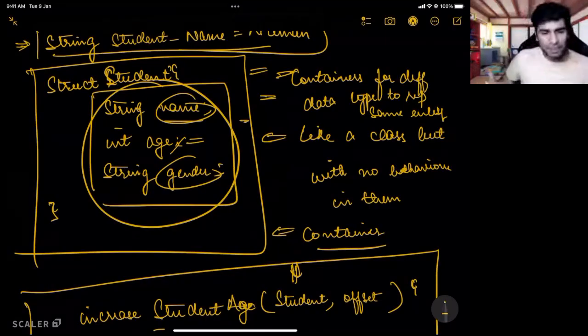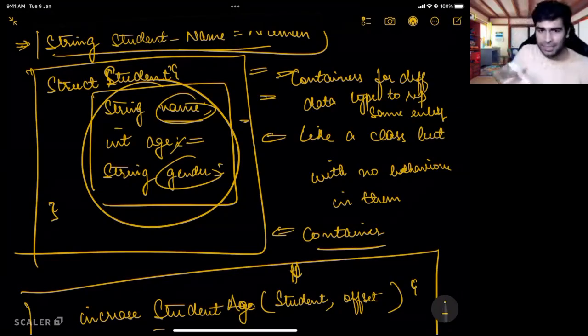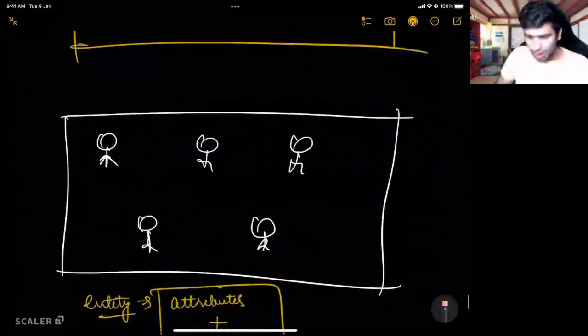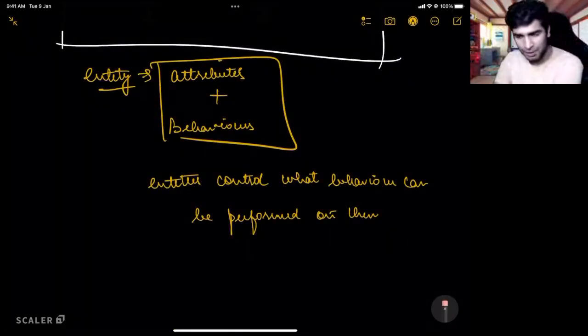Yes, Sarik, there are multiple languages that implement both procedural and object-oriented, so that's correct. Shashank, I will get there very soon. But, quick question. First of all, why did object-oriented programming come into the picture?